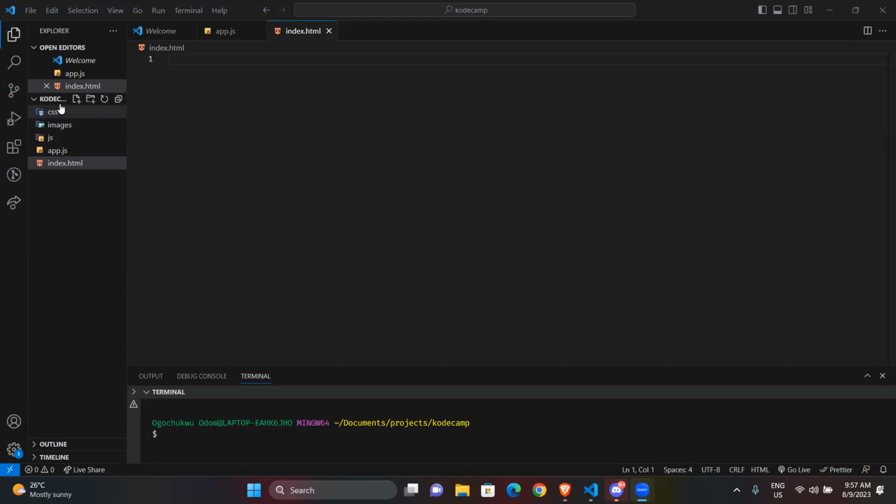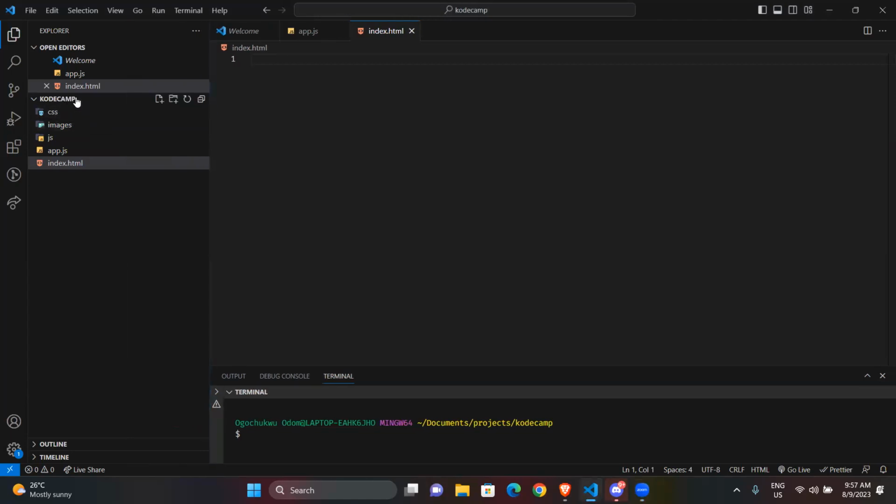Okay, so I have my CSS folder. I created this folder. Let's say this is your main folder, and that's another thing. I just hope most of us know all these things. You now have a folder for your CSS, and all your CSS files go inside there. You have a folder for your images, and the images go inside. You have a folder for your JavaScript, and everything concerning JavaScript is inside here. Your index.html can stay outside. That's the point I was trying to make.